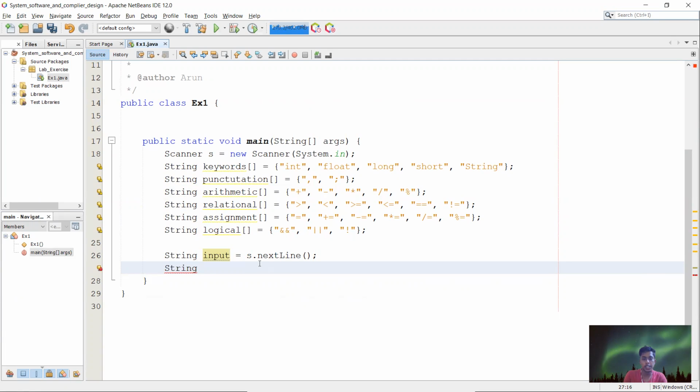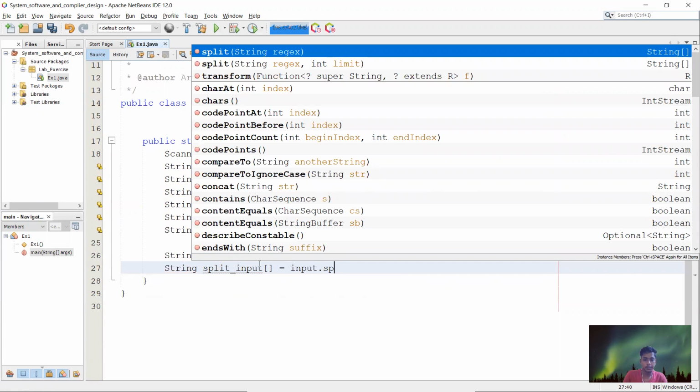I'm going to split the given string into a list, taking the input dot split.